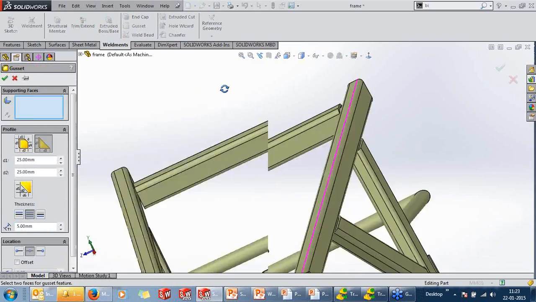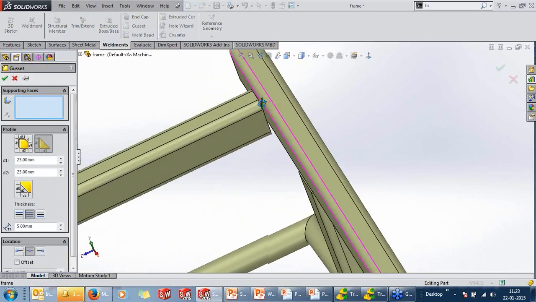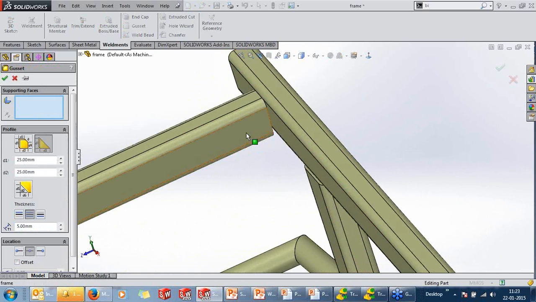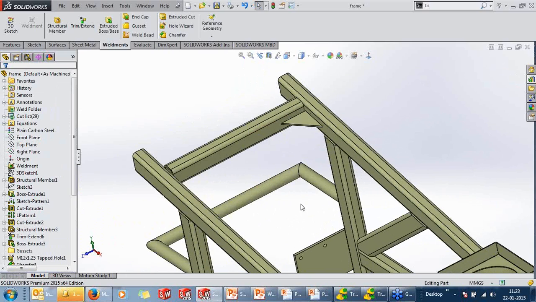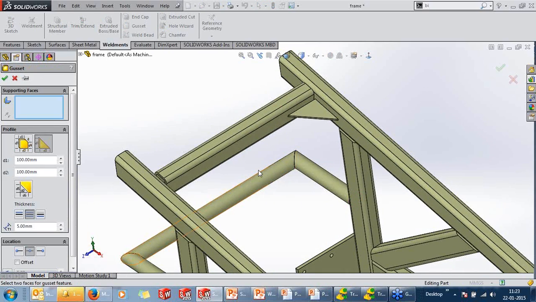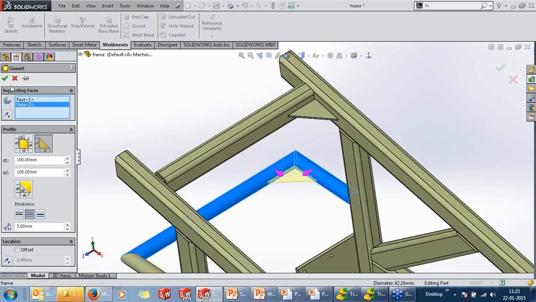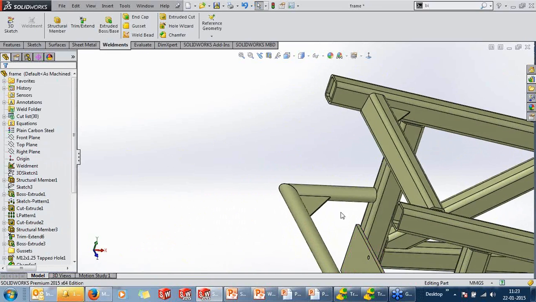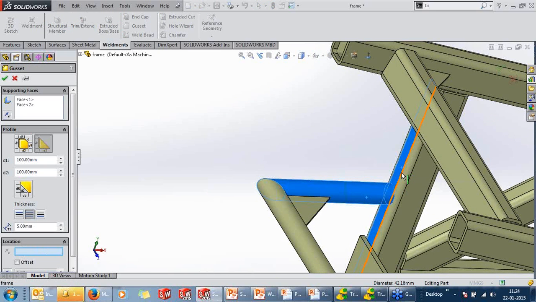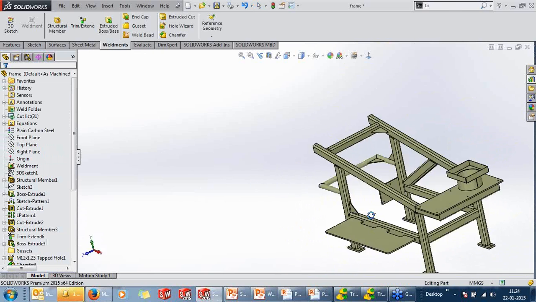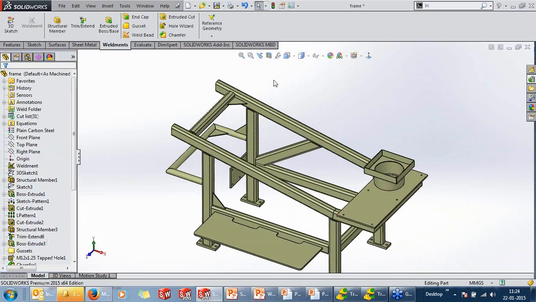I have a frame in here wherein you can now add gussets. Adding gussets in between this gap was not possible in previous versions, but now it is supported by SolidWorks. So I just edit the size of my gusset, give OK. Adding gussets is also possible in between the circular rod in 2015. The same in between a circular rod and a rectangular rod is also possible in 2015. But you got to just specify a direction of pull. So these were some enhancements in terms of gussets.